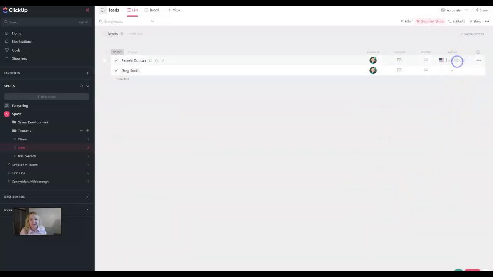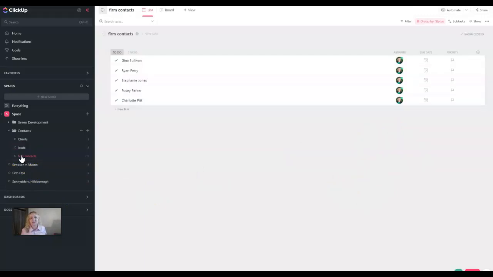And I can populate that with a couple of numbers, just made up numbers. It doesn't like that one. Okay, so now I've got some phone numbers for the client leads list. And now I'm going to go to my firm contacts list, and I'm building out this. And you know what? I want to have a phone number